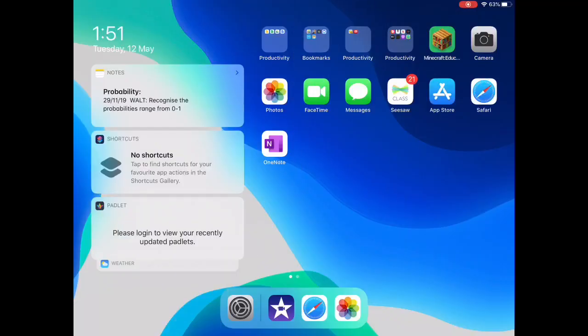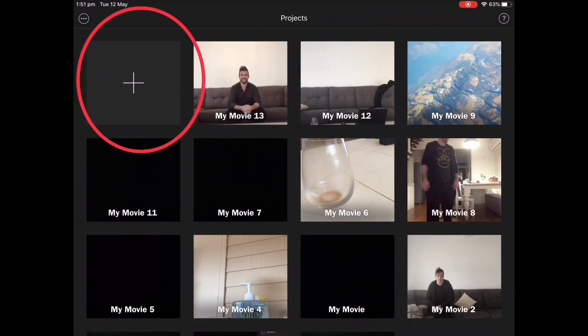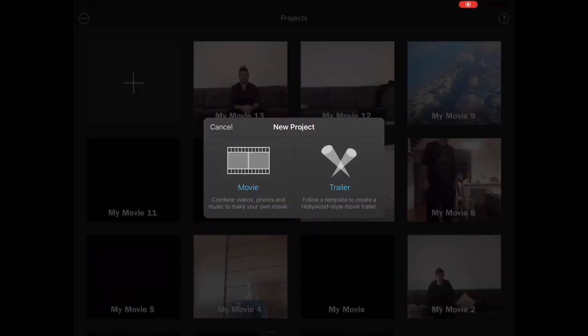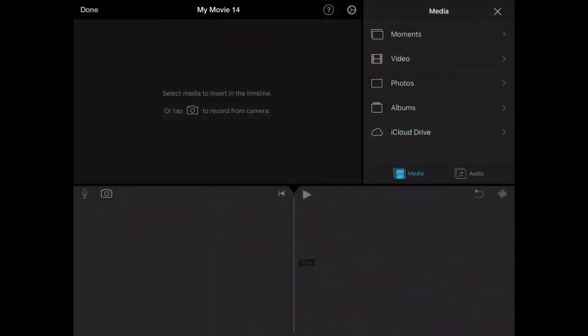Alright guys, now it's time to learn the art of magic. So in this lesson we're going to learn some tips and tricks and special effects in iMovie. So click on iMovie, press the plus button to start a new project, press movie. Now you're going to go straight to create movie with 0 items in it, so that way you start here